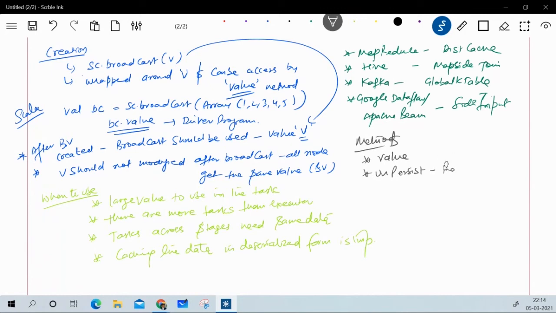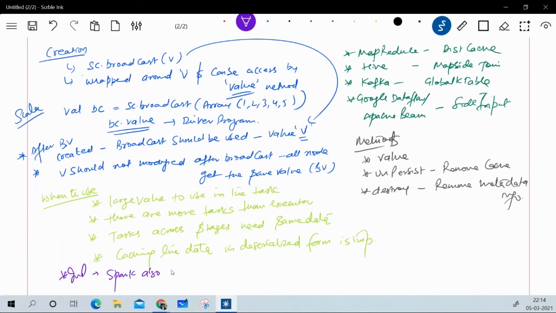This method removes the cache in the executors. And the third method is destroy. That means it removes the metadata information about the broadcast variable. Now, a very interesting thing I want to share is that not only developers, Spark also uses broadcast variables internally.